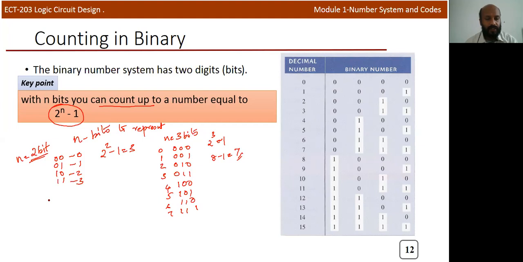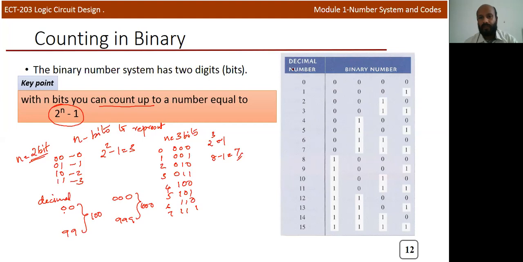This is similar to using 2 positions in decimal also. With 2 decimal digits, you can write from 00 to 99. So you can represent 100 numbers by using 2 digits. In decimal, if you use 3 digits, it's from 000 to 999, so you can represent 1000 numbers. In the similar way, in the case of binary, you can easily calculate that by using the formula 2 raised to n minus 1. We can note one more point.